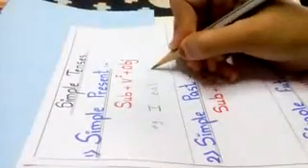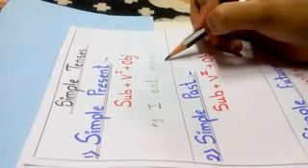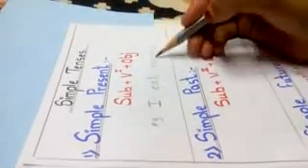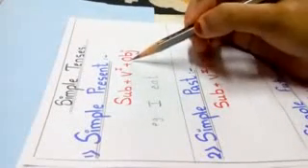Okay, so subject: I eat mango. I is the subject who is performing the verb. Eat is the verb, the doing or action verb. Mango is the object. Okay, हमारा verb जिस पर हो रहा है that is object. So subject plus verb plus object. So this is the example of simple present tense.